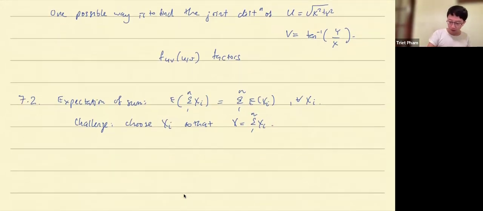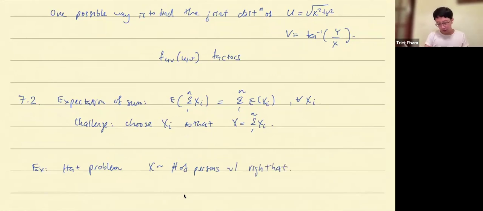Again, the hat problem cannot be overemphasized because it's the classical problem where this technique is used. If you look at the number of persons with the right hat, then the distribution of X itself is tedious to write down. If you don't know how to do the probability that no one gets their right hat, then you can't write down the distribution of X. But even if you can write down the distribution of X,